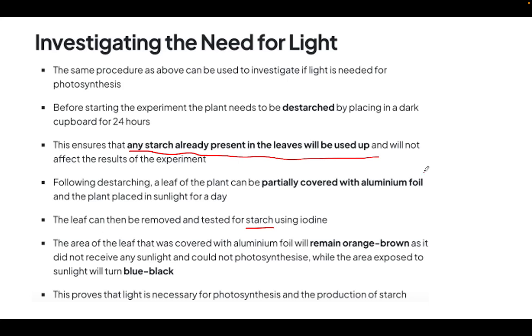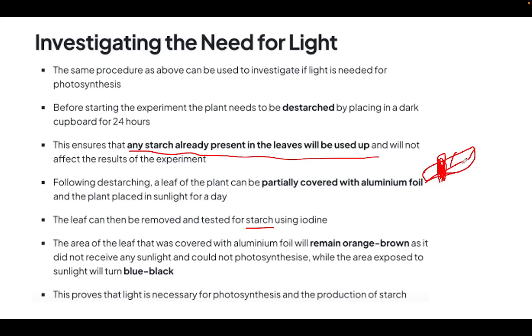Now the areas of leaf that were covered with aluminium foil will remain orange. You understand, let's say maybe this is our leaf. If I cover this part with aluminium foil, what we are going to expect is that if I remove this aluminium and put iodine here, there won't be starch. It won't change any color. But this part here, which is exposed to light, we are expecting it to turn blue-black because